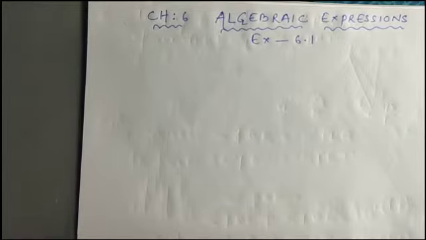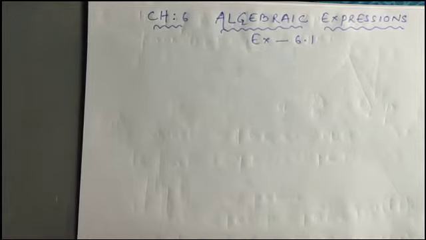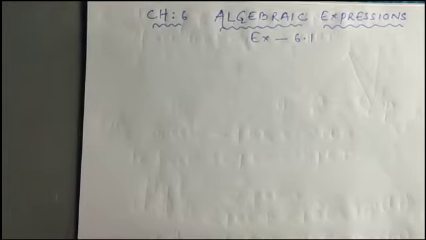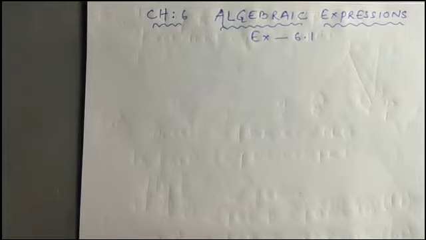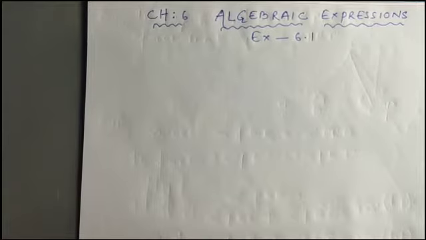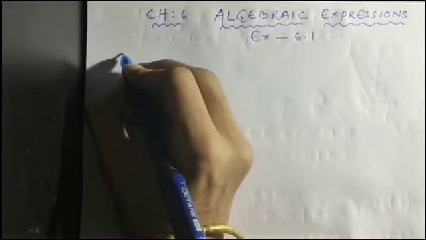Let's begin. So in this video we are going to discuss chapter 6, algebraical expression, and we are going to work out exercise 6.1. Before we start the exercise, let me highlight some key points, like what is a variable, what is a constant, okay? Any symbol whose value is fixed, as you have seen in the notes also, that value is called a constant value. Okay, so constant